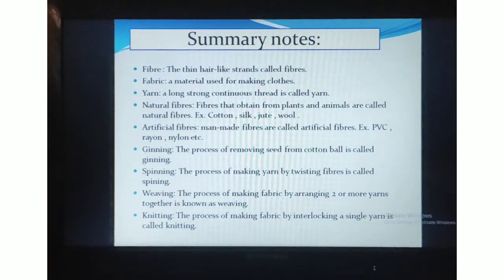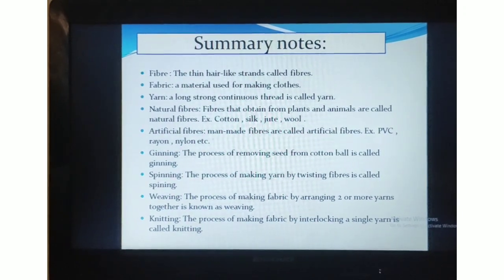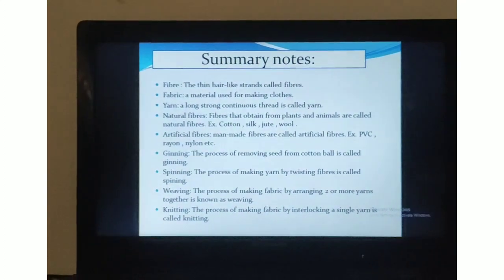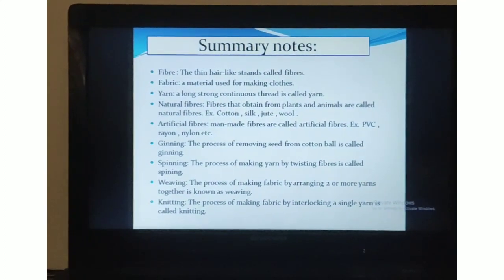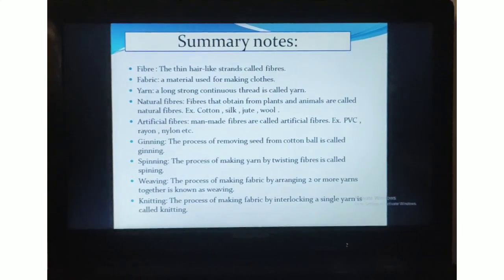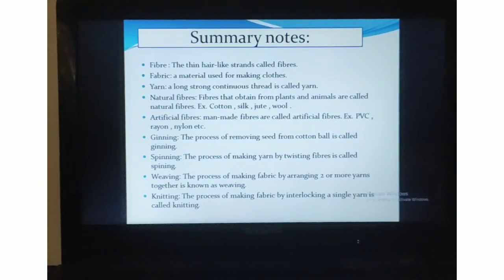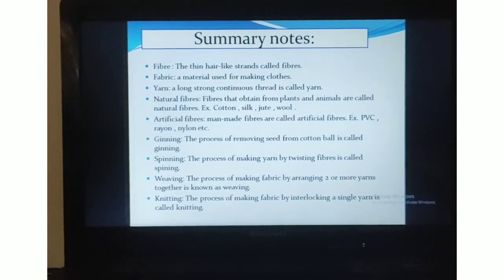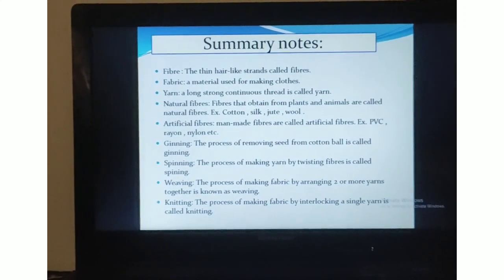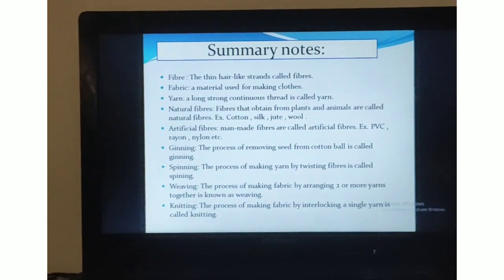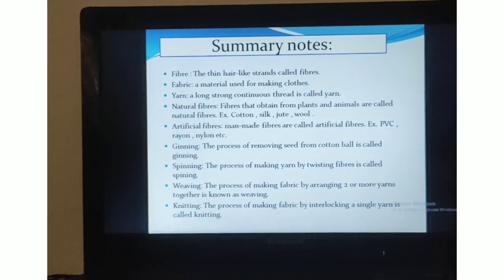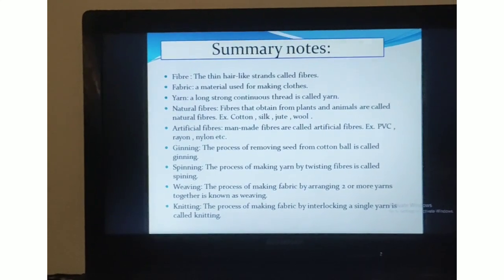Then we understood about the jute plant and cotton plant in detail. Jute fiber is obtained from the jute plant, from the stem part. The crops are cultivated and before the flower season arrives, the stems are dipped into water, and then they start rotting, and from that hair-like strands come out, that is jute fiber. By twisting with the help of the spinning process we get jute yarn, and from that we can make jute bags, mats, etc.